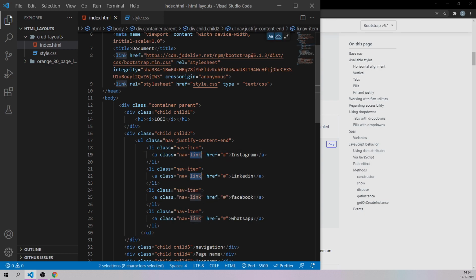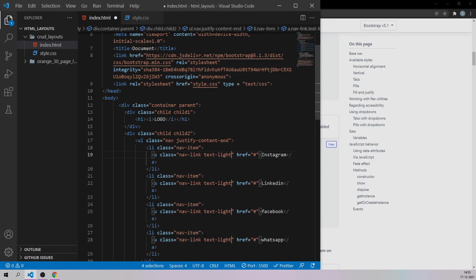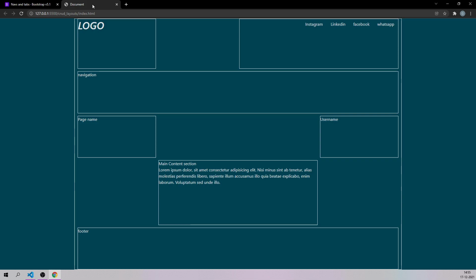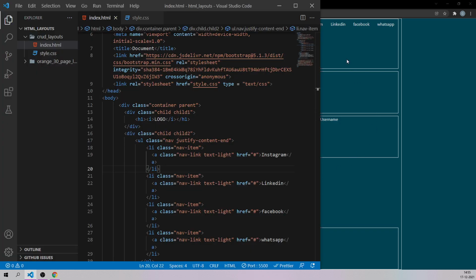So let me come here, and as you can see I have four links, and I want to write everything on that. So I press Control D. It selected all four of them. Now here I'm just going to give some space. See, it's writing on all four of them together. I want the color of the text to be white, so you can just say text-light. Light means white color. Let me save this and go back to our document page, and as you can see, all of them are in white color right now. So our social media links are also done.